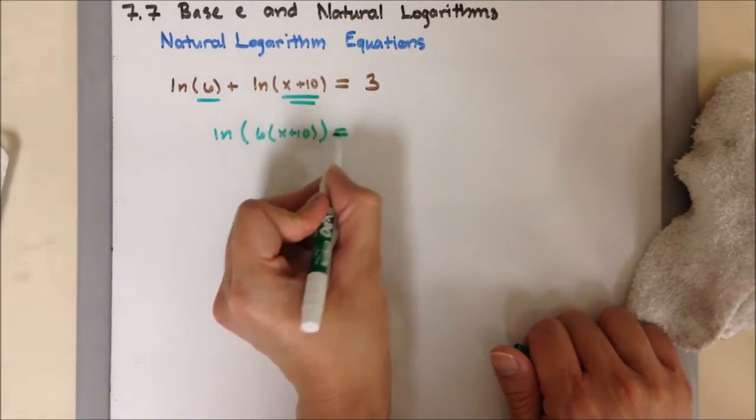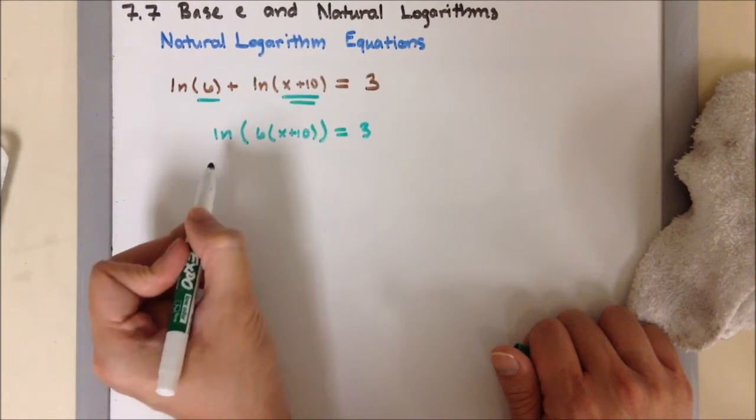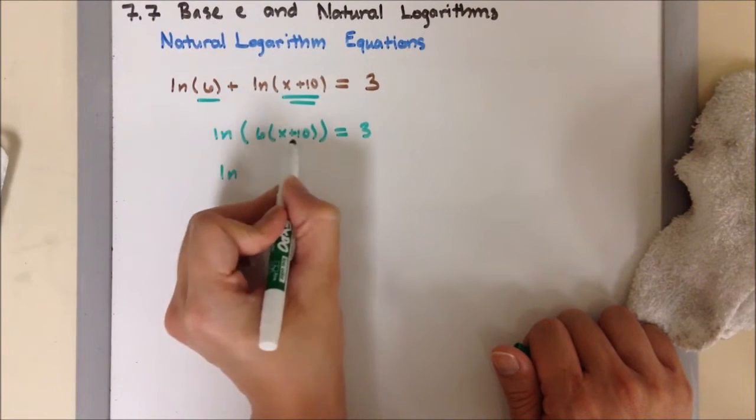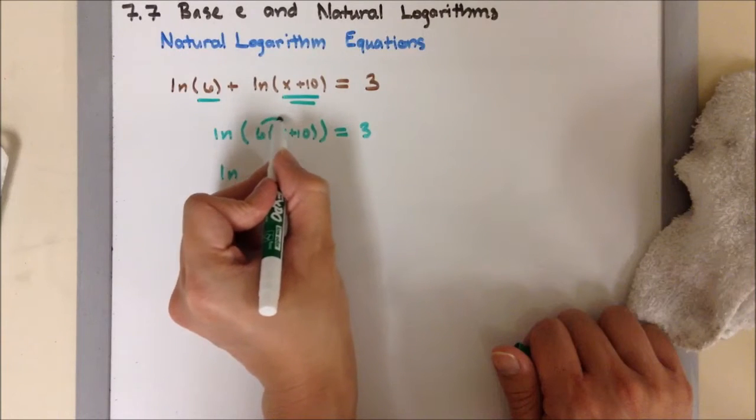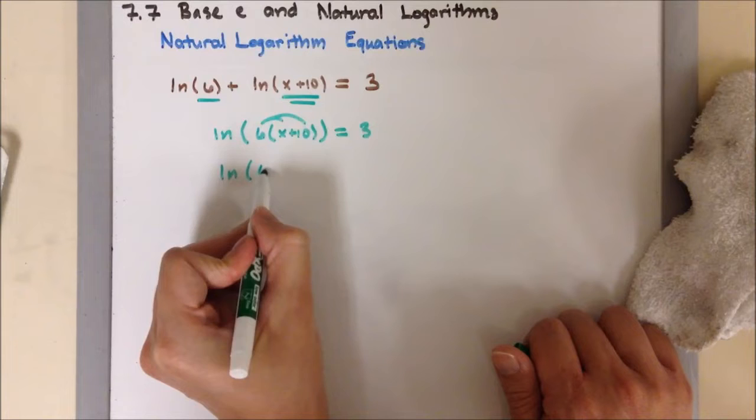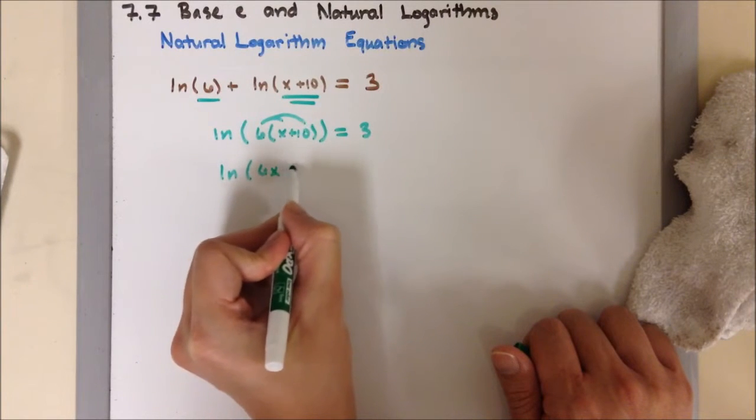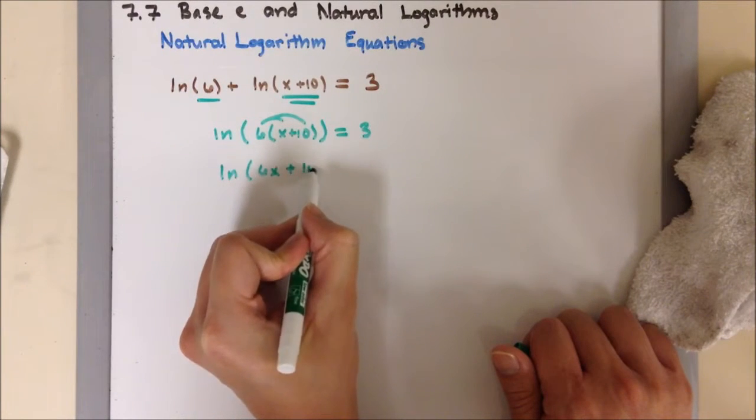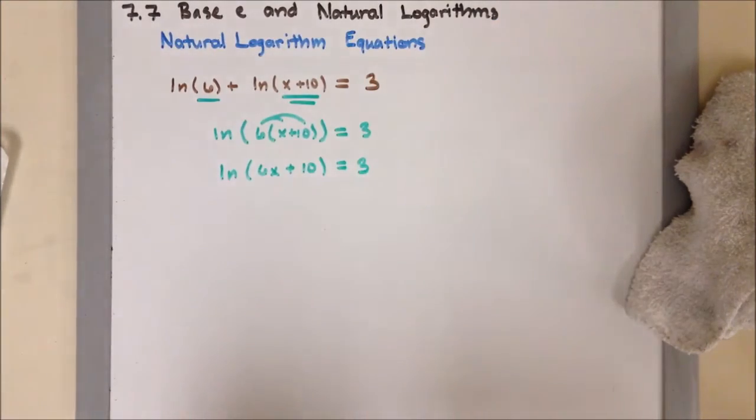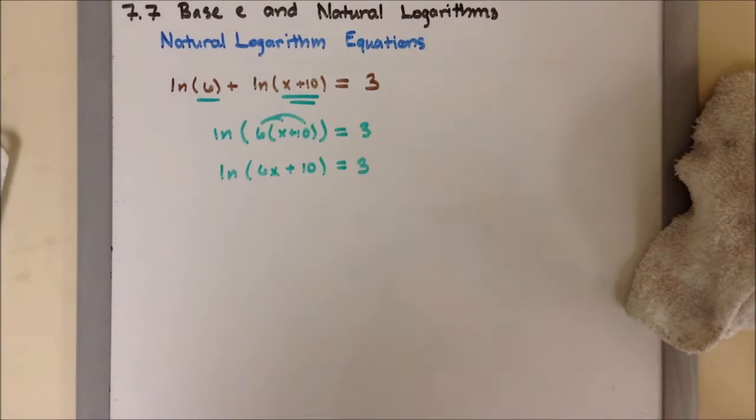Here, it still equals 3, but now I'm going to simplify the inside. So natural log of 6 times x plus 10, meaning I'm going to distribute the 6. So I'm going to have 6x plus 60 equal to 3. So that's what we have at the moment. Next,